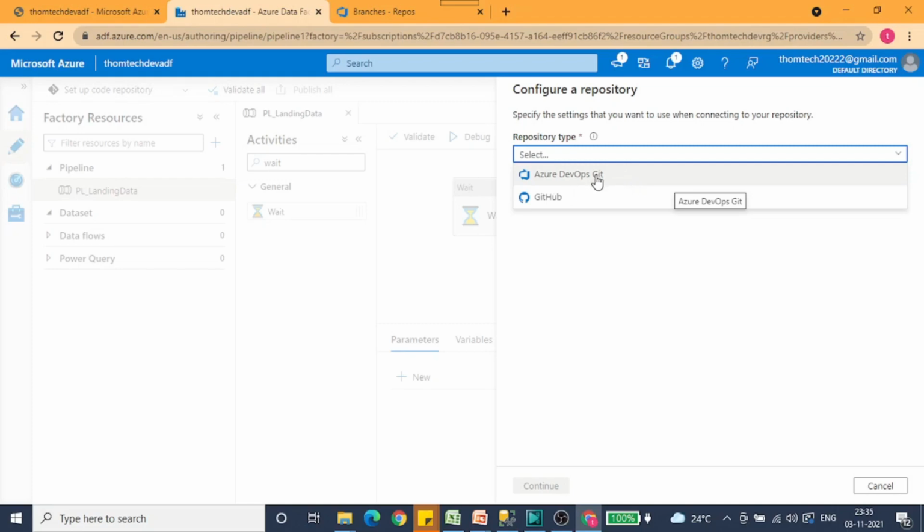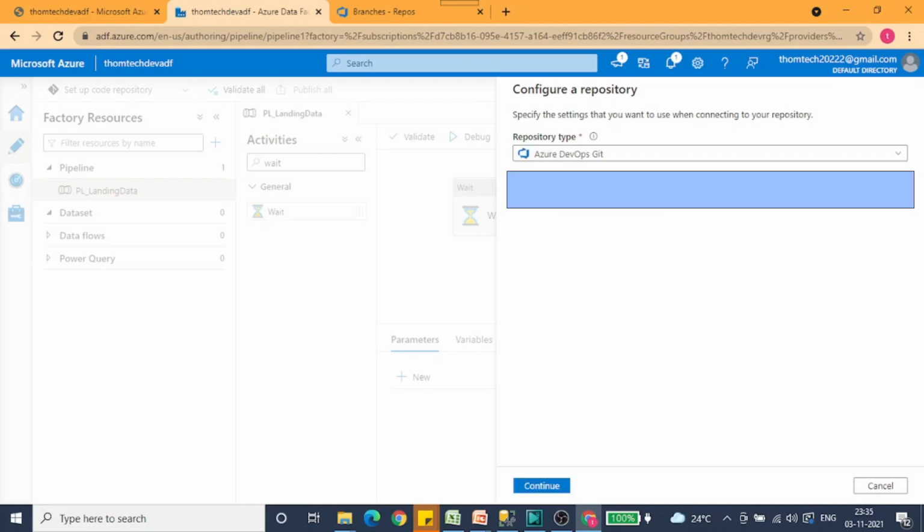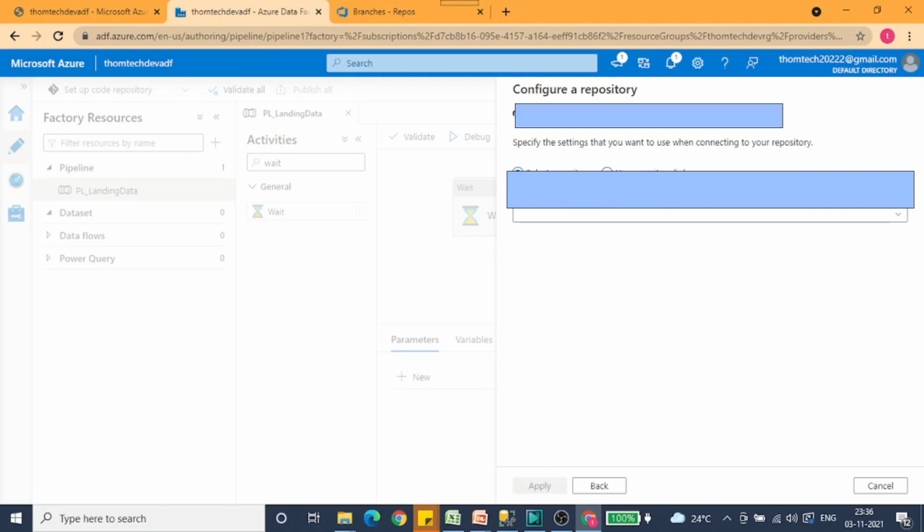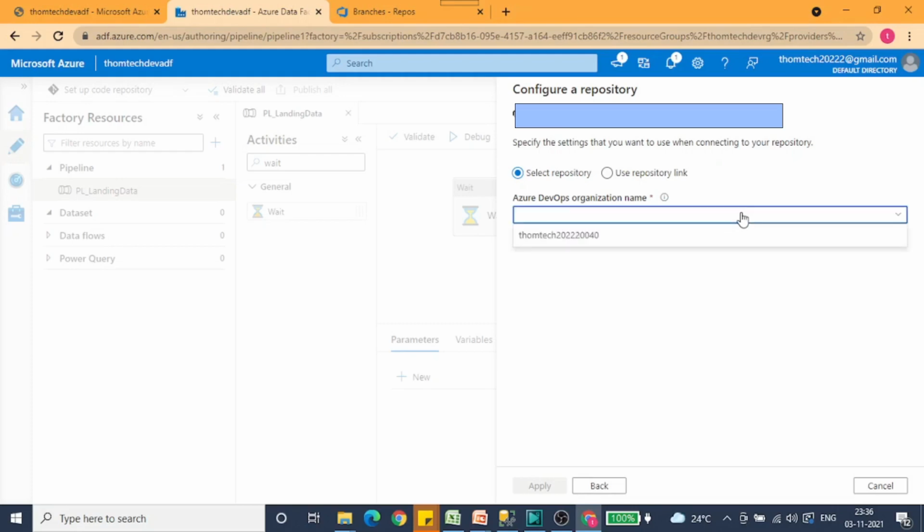Okay, so now let's click on this, and it will ask for the Azure Active Directory, and then select next. Once you select next or continue, it will ask you to select the repository. In order to select the repository, you need to follow a hierarchy. The top of the hierarchy sits at the organization level, so you have to click on the drop box. You see, this is my organization name, which is linked to my DevOps account using this email ID. I will select this as my organization name.